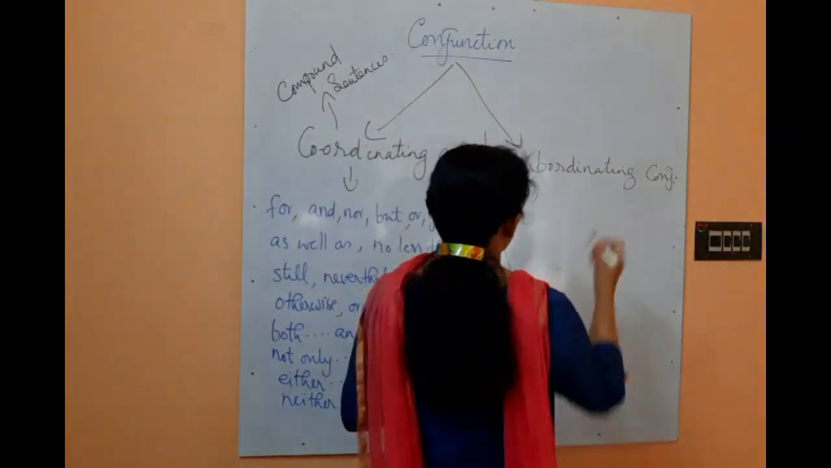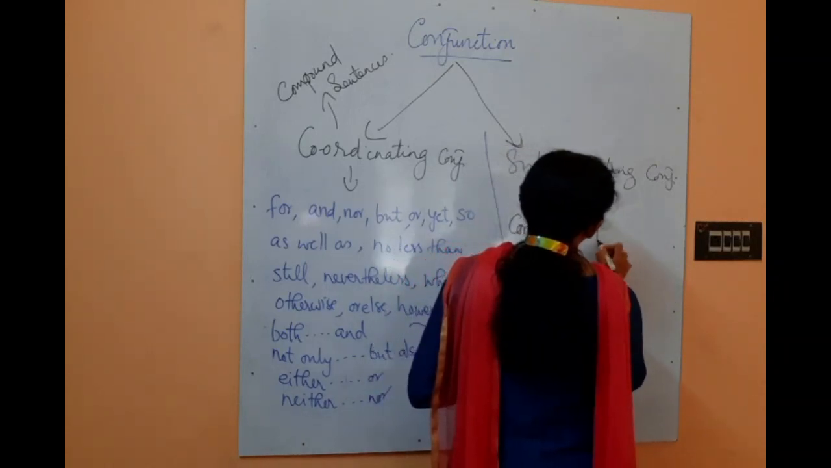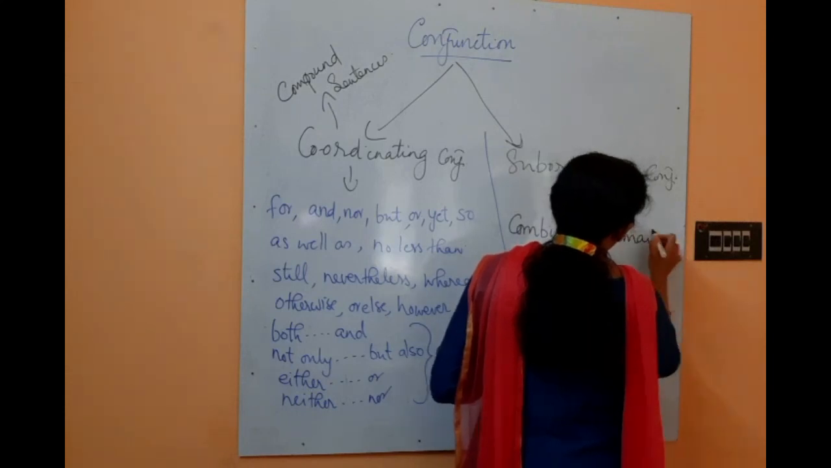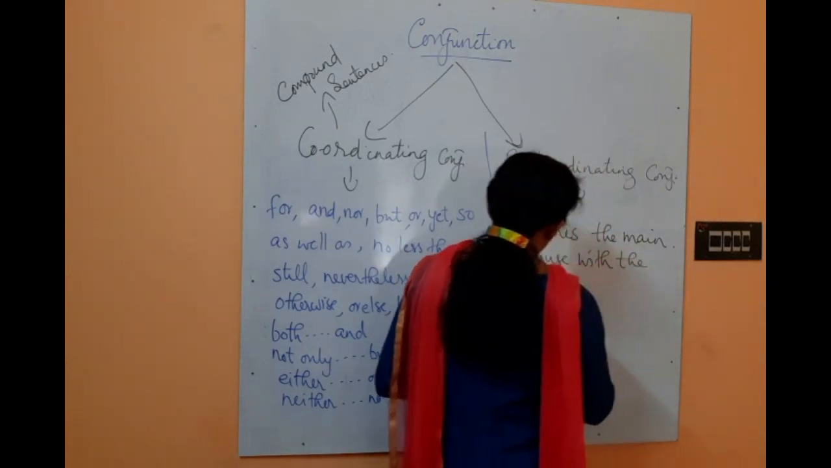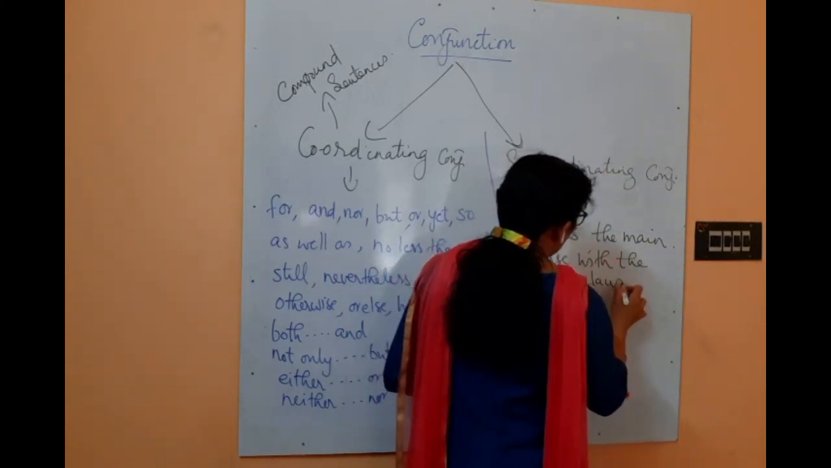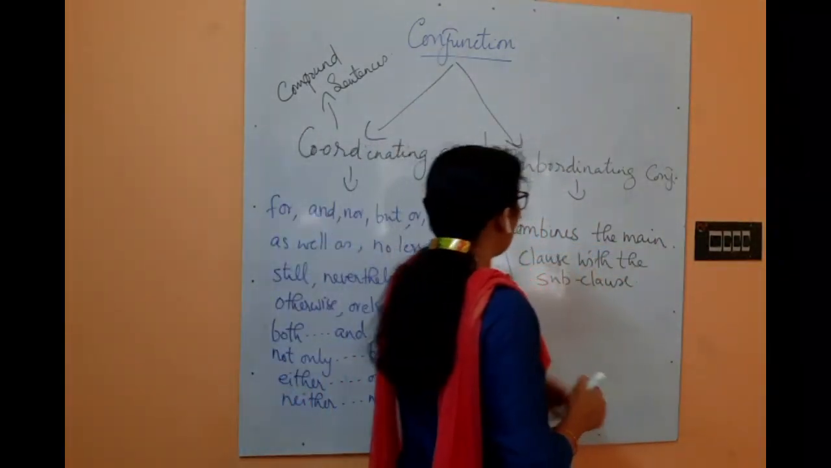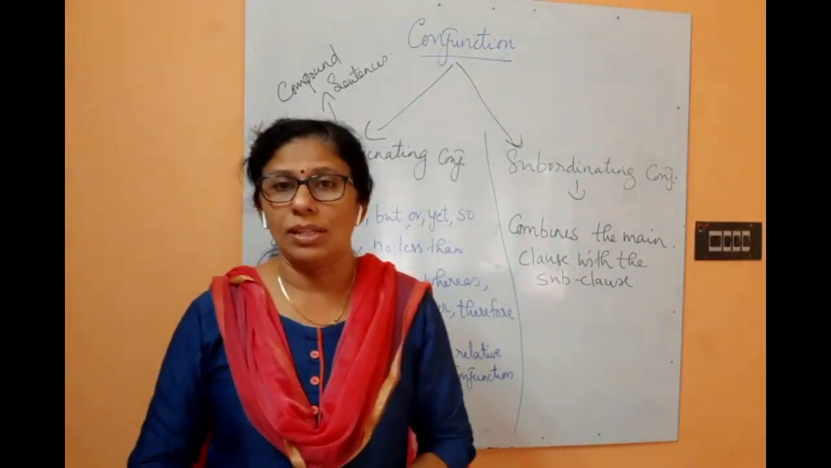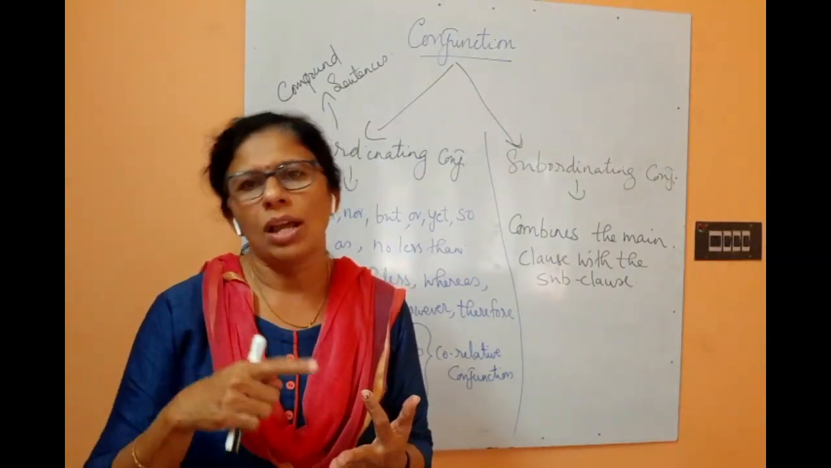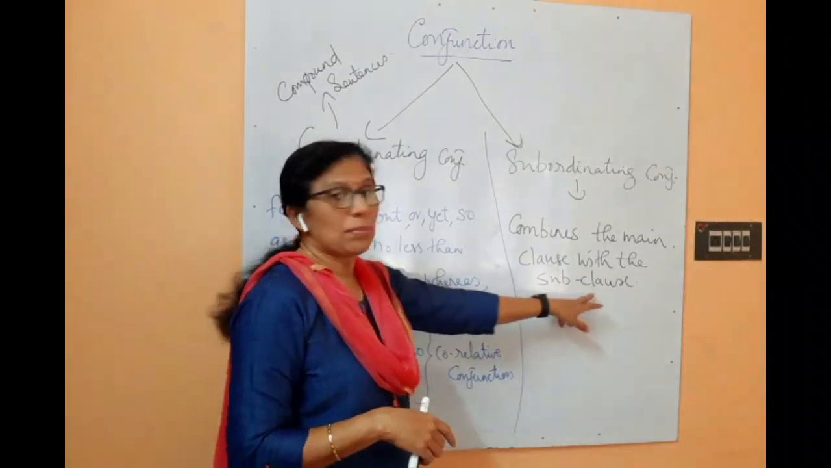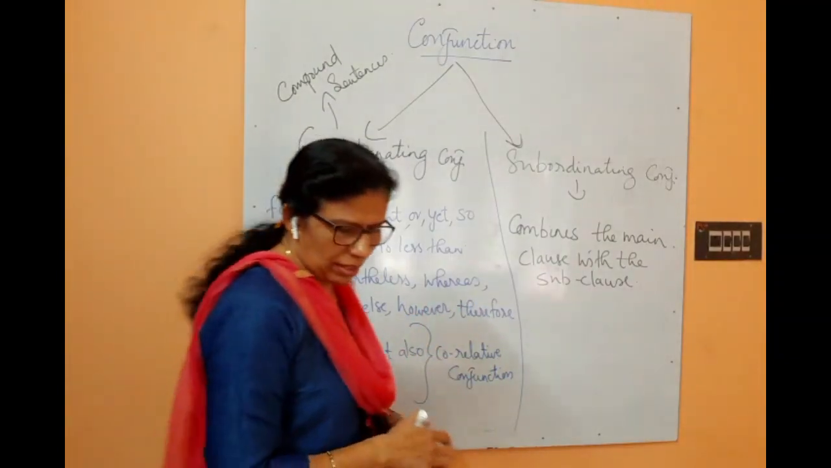So there lies the difference. Here, coordinating combines sentences of equal importance, and subordinating combines the main clause with the subclause. Understood? And in the lesson on clauses we have seen how we pick out the subclauses and identify whether it is an adjective clause, adverb clause or noun clause. Those are the subclauses that we are picking out and identifying. The remaining part of the sentence is called the main clause. For example,